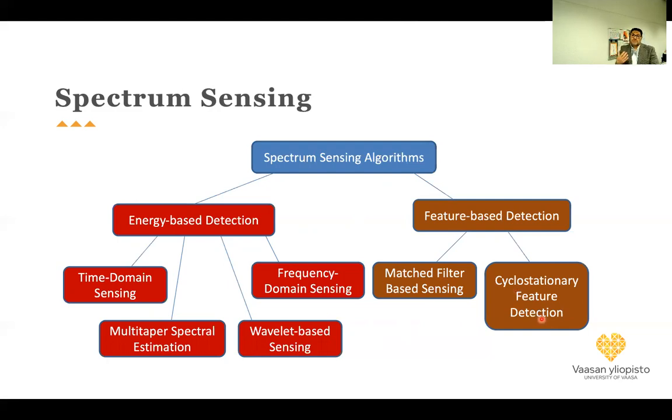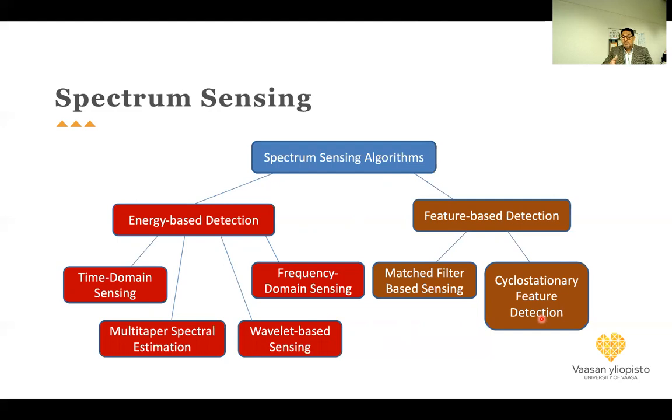In cyclostationary feature detection, we don't detect the whole signal, but we detect some general part of the signal. For example, if there is a broadcasting primary user using, let's say, a 3 gigahertz frequency, then this signal should be modulated over a cosine wave, as we know before. So in this feature detection, they detect if there is a cosine wave, if there is some signal that is not natural, not just noise.